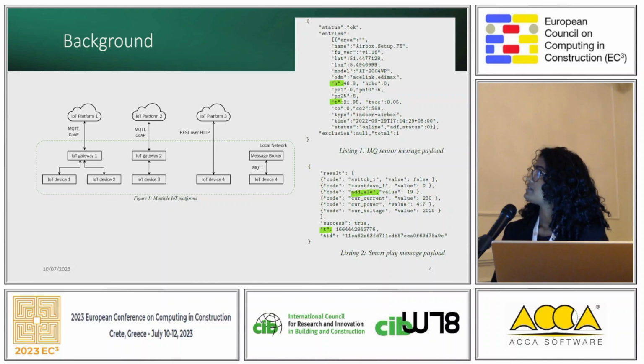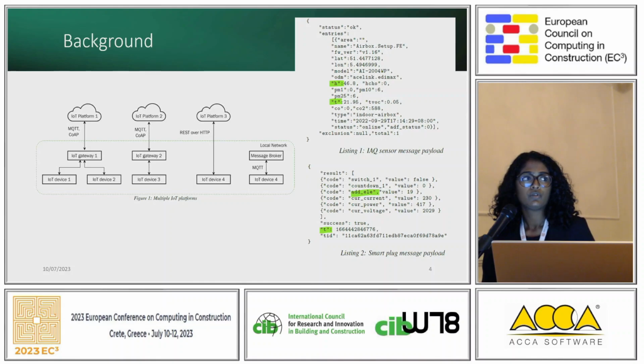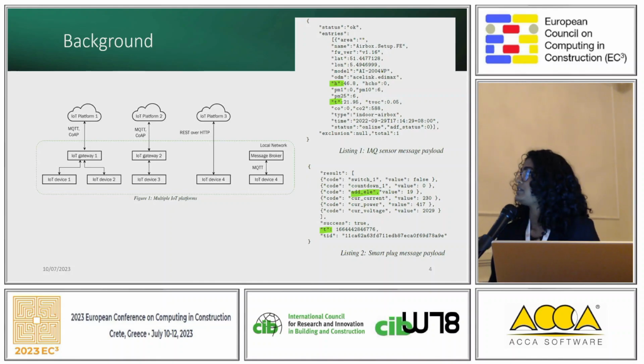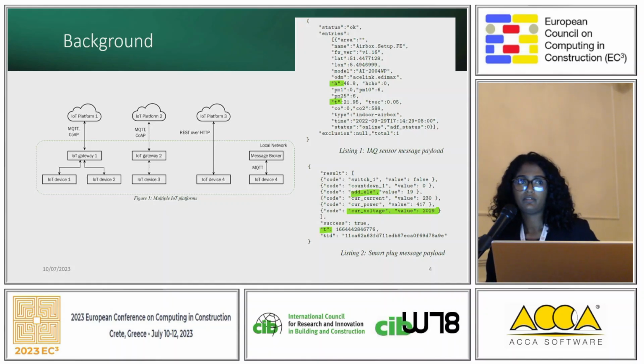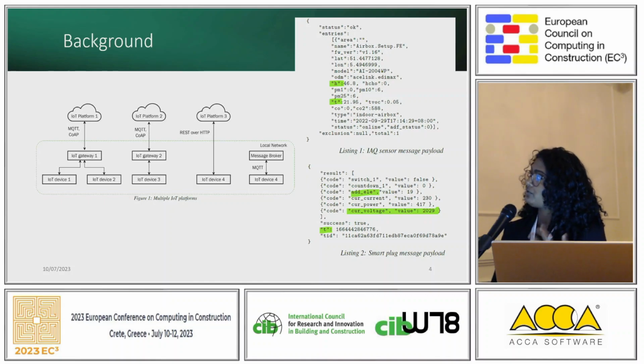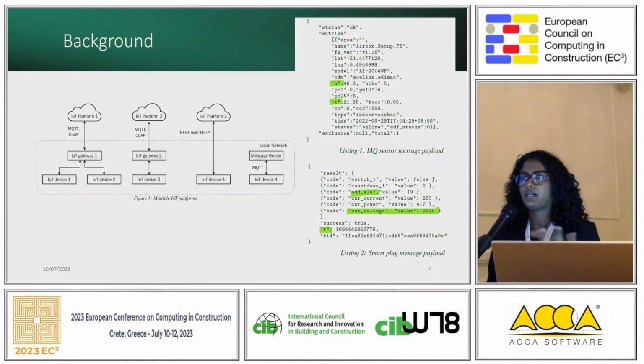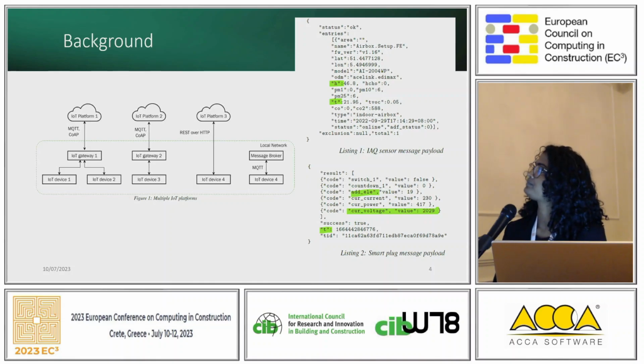And if you look again, there's a T in the first one, which is 21.9, could be a temperature, and in the second one, it's T, which is a huge value, which is a timestamp. So why do we use T for describing temperature and timestamp? So it's very confusing. And there's a value of current voltage, which is 2029. So I'm wondering why it's not 230 volts and 2029. Is there an over voltage? Is it a fault, or is it an error in the conversion in the IoT platform? So a lot of these kind of problems arise when we try to tackle the IoT streams in buildings.